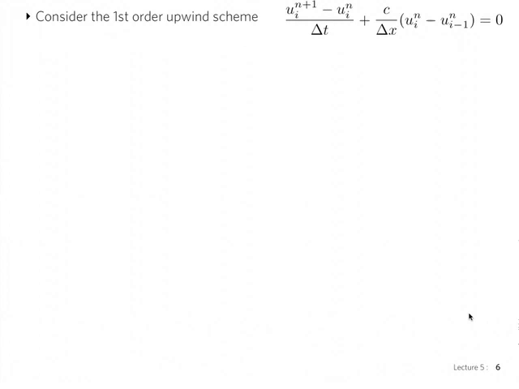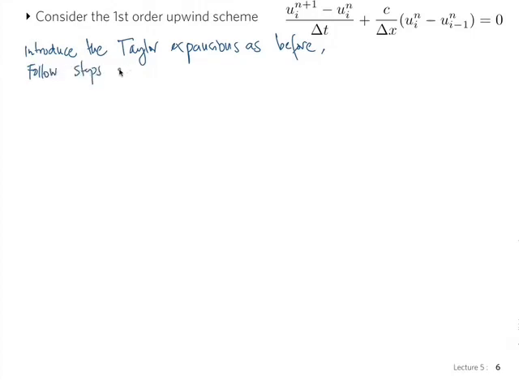So this also you have seen before. That's our step 1, I think. And we're going to now introduce the Taylor expansions that we wrote before. I'm going to skip some steps because it's too much writing. You can try to reproduce this if you want in your own time, but you will probably see them right away. So we introduce the Taylor expansions as before, and follow steps just listed, and I'm going to write the final answer, which is